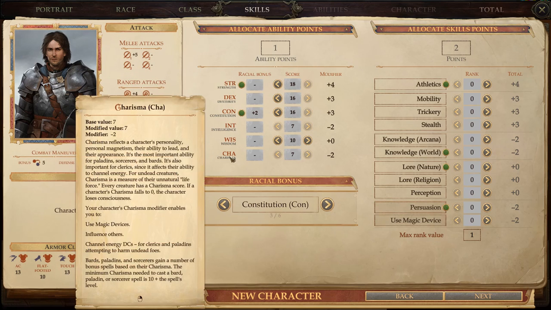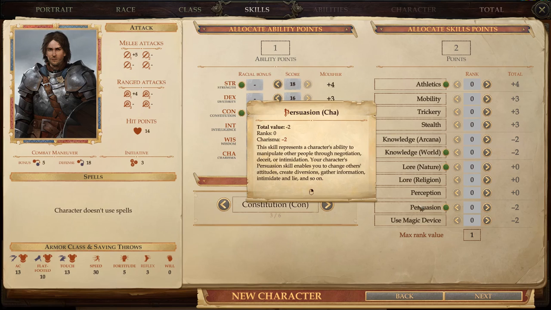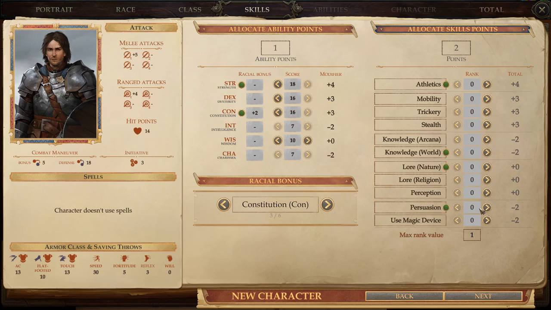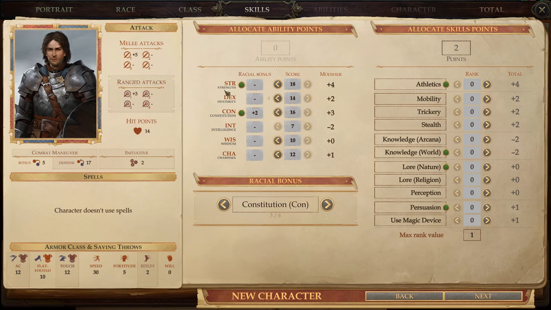Charisma, the only thing charisma affects for this fighter is going to be his persuasion checks and his use magic device checks. I don't think persuasion is a class skill for fighter. It might be. Okay, it is. So persuasion is a class skill for fighter. So if you want to be a persuasive fighter, we could do this, right? We have 12 charisma, so instead of taking a -2, we're up to a +1, and so when we do persuasion, we have a +5. It's not fantastic, but then